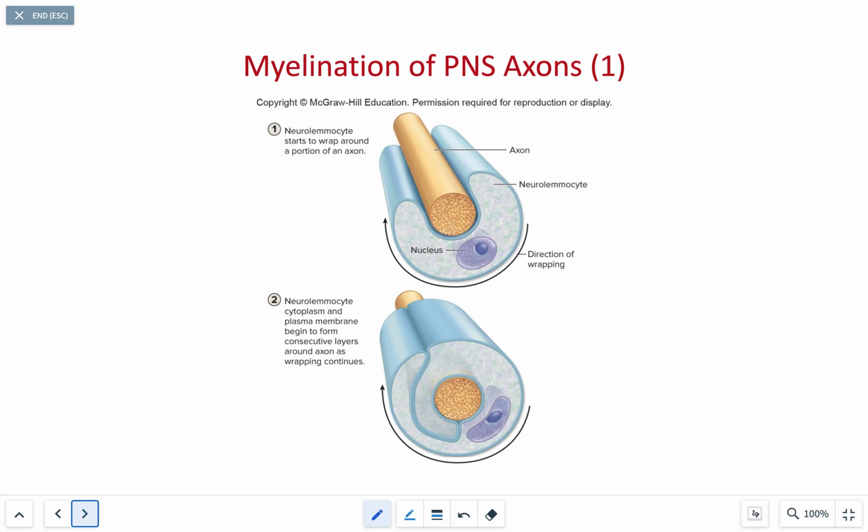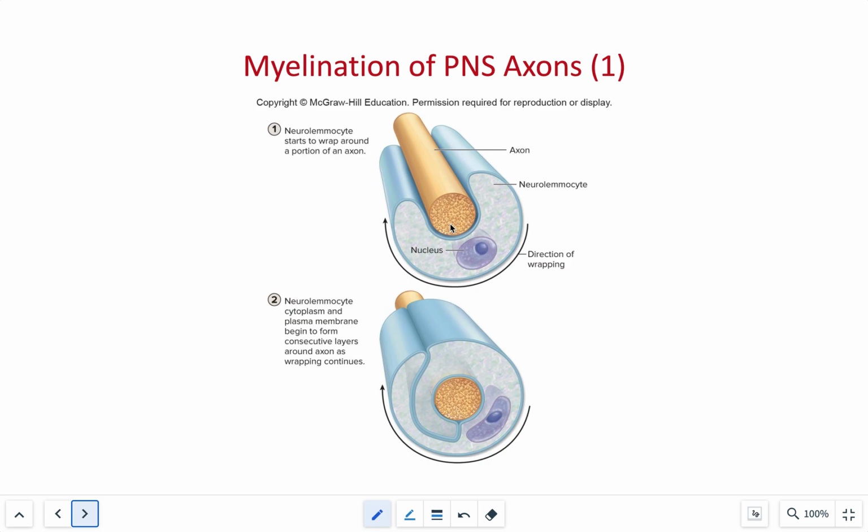When we're looking at myelination of axons, it's important to understand what a nerve impulse is. A nerve impulse is going to travel along the axon. It's a rapid movement of electrical charges along a neuron's plasma membrane. The speed at which the impulse travels along the axon is affected by the process of myelination. This allows for faster propagation, or traveling, of the nerve impulse, of the action potential, along the length of the